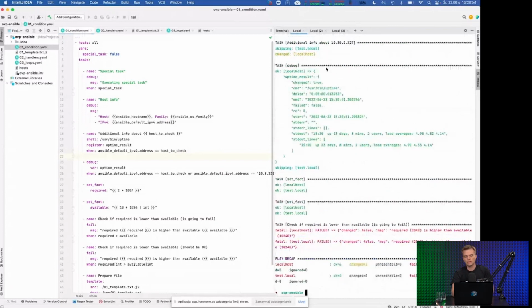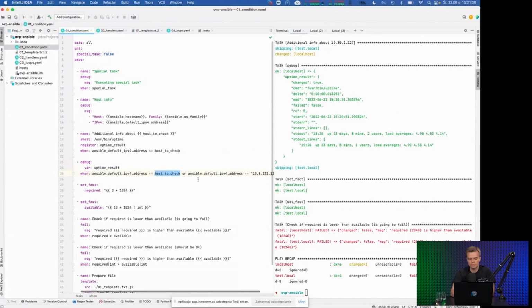And notice that this additional info task has changed now, right? So the condition has been met, and I'm doing something that is not really a good example. I'm using a shell module, which is your last resort. You are supposed to always use the modules if they're available, and I'm registering the variable in here, uptime result. Notice that the additional step is also going to be executed conditionally, so only if the IP address is